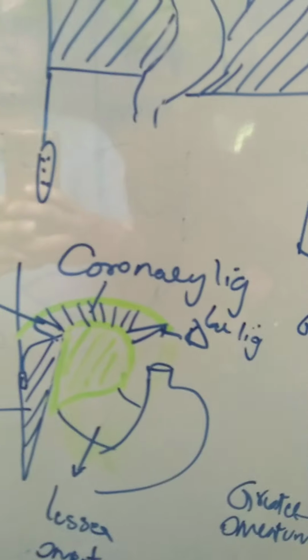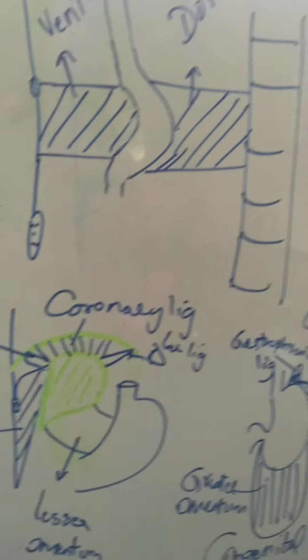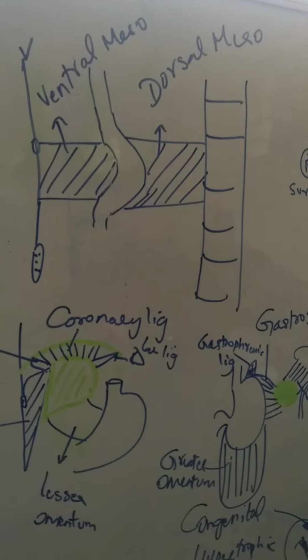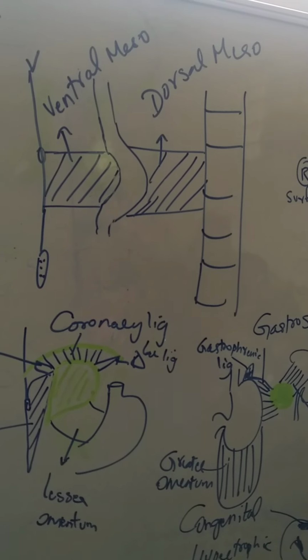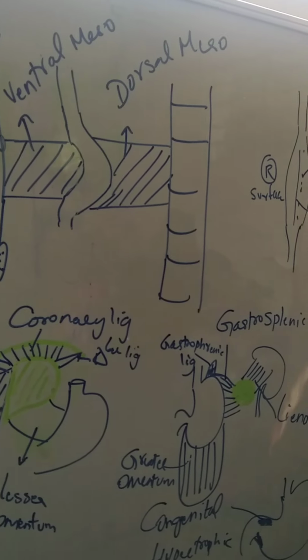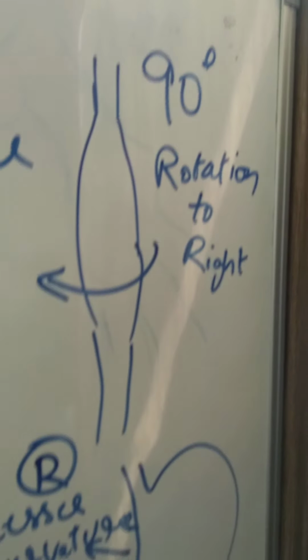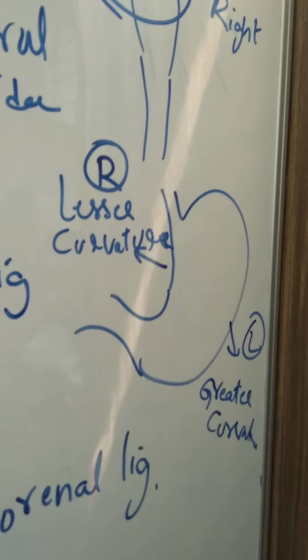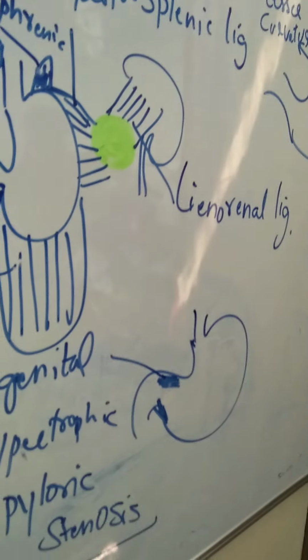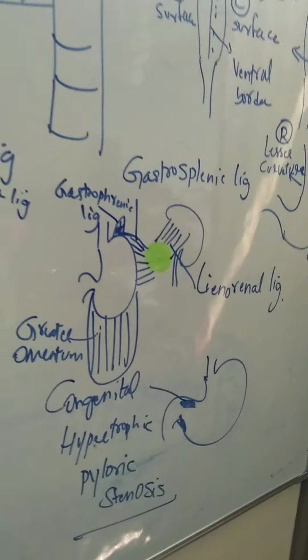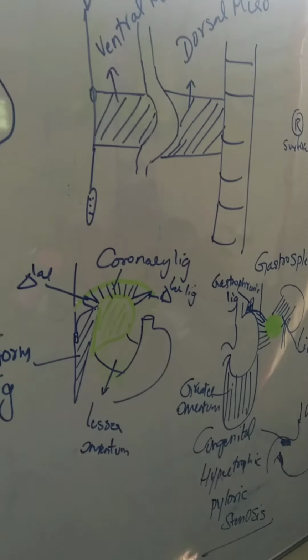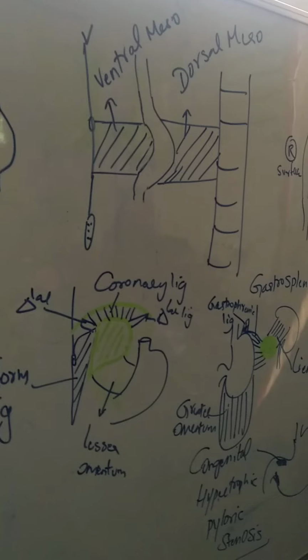Should I write the ventral mesogastrium and dorsal mesogastrium derivatives? If the question is for 5 marks, then you should be able to write such things. If the question is for 3 marks, if you write the development of the stomach, that is fusiform dilatation, ventral border and dorsal border rotating 90 degrees to the right, with its fate along with one congenital anomaly, that's good enough for 3 marks. For 5 marks, you should be able to write the ventral mesogastrium and dorsal mesogastrium fate also.